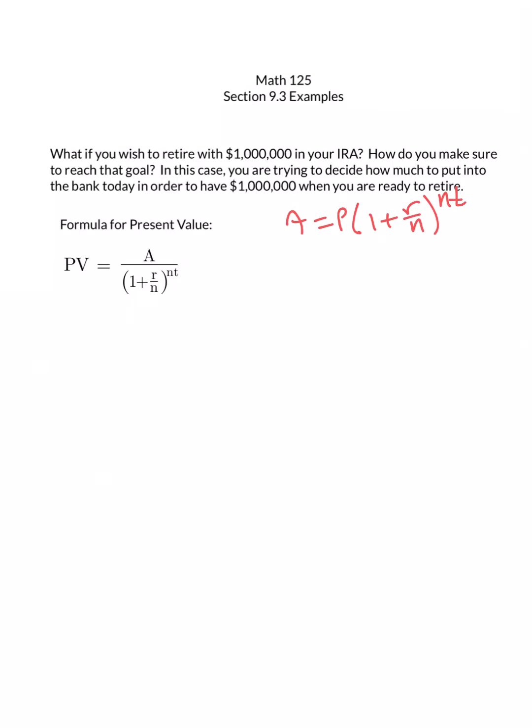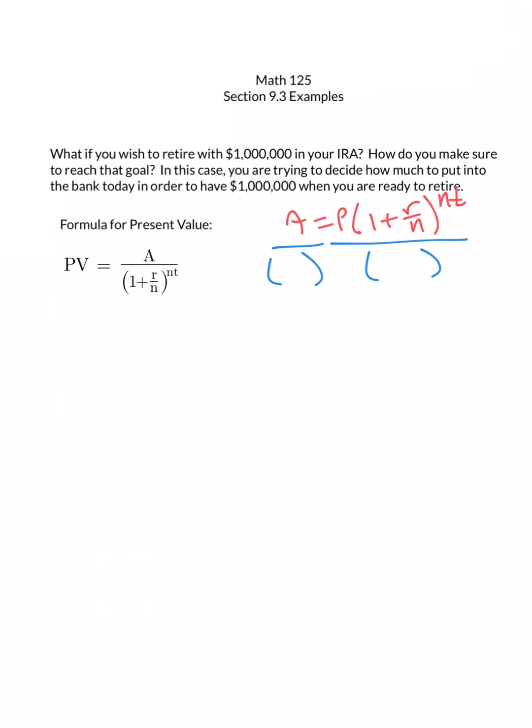We have just taken that formula and solved it for the P, and we renamed P as PV to stand for present value. To do that, we just divided both sides by the parentheses,